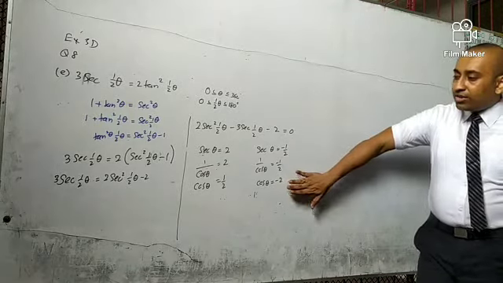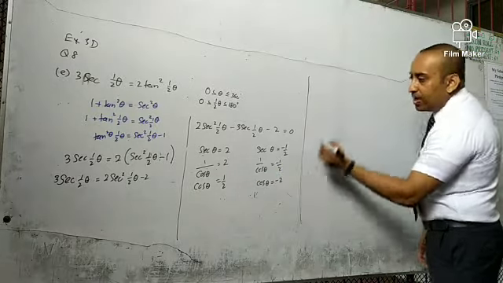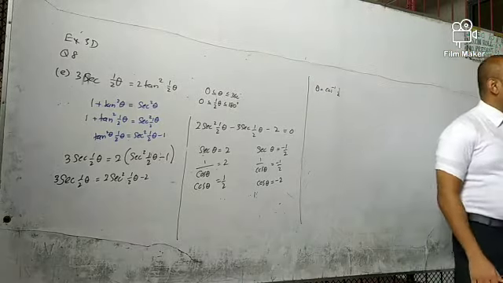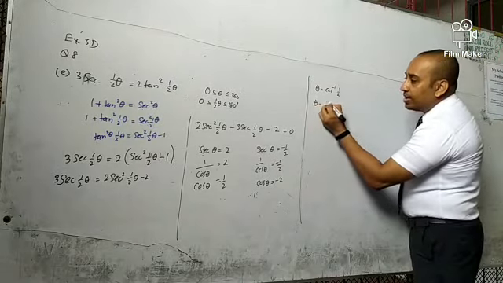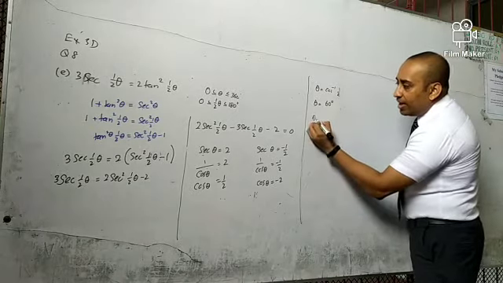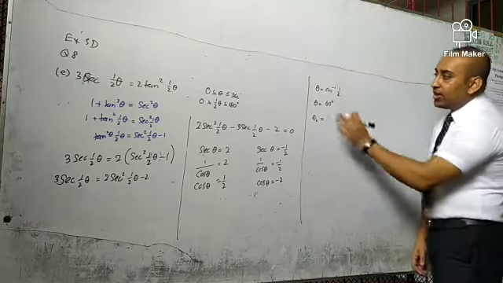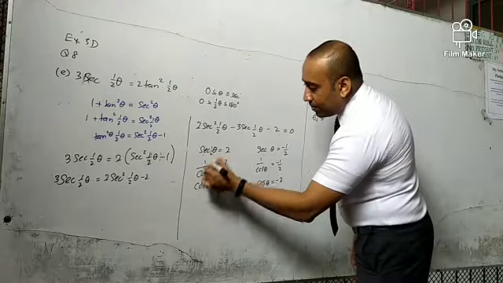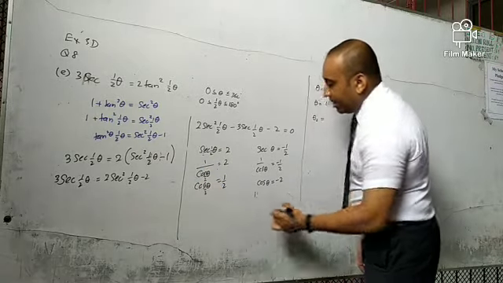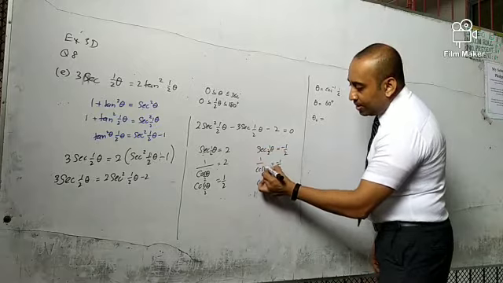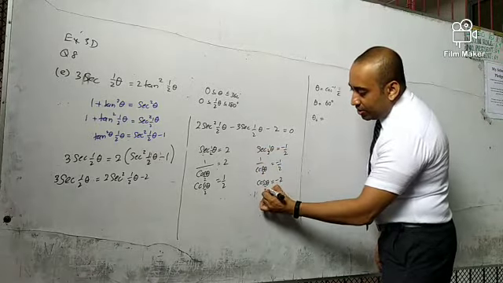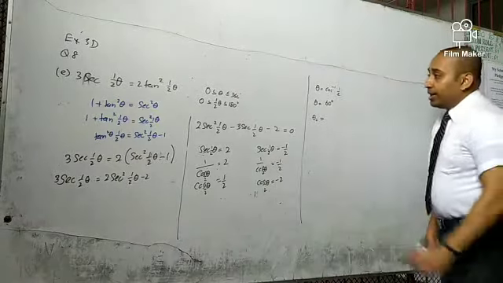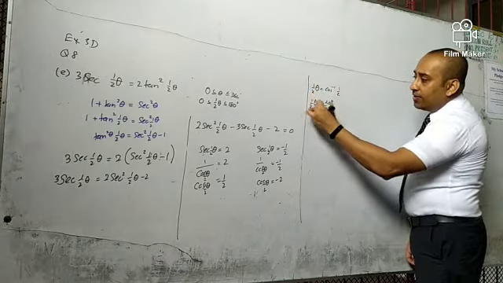Right. So let's start with the first part of this answer. Then we can say theta equals to cos inverse half. What is the cos inverse half? The first angle is equals to 60. Sorry, this is not theta, it should be half a theta. I just made a mistake. This is half a theta and this one also half a theta. Then we can say half a theta equals to 60.